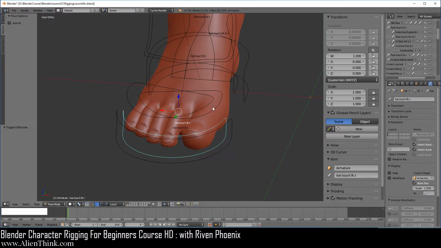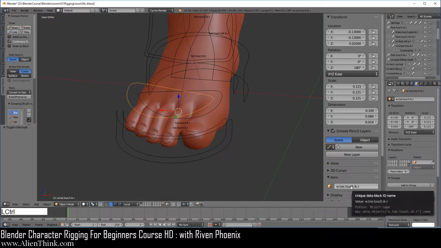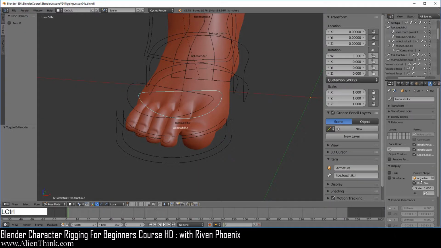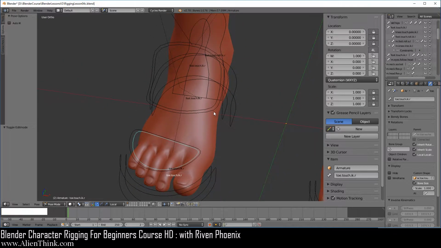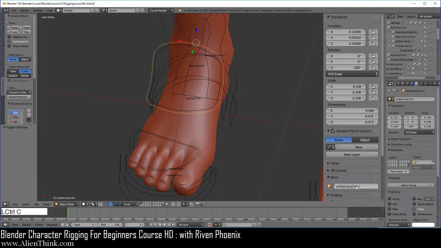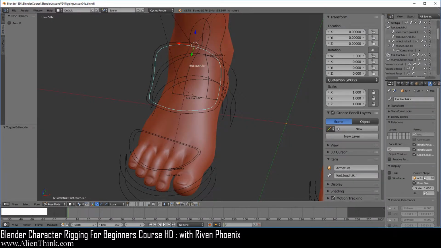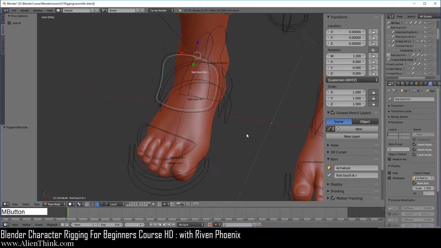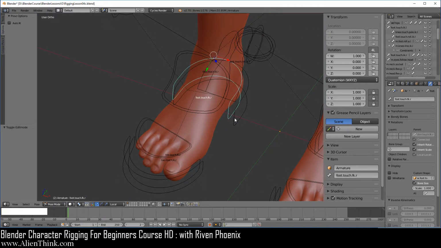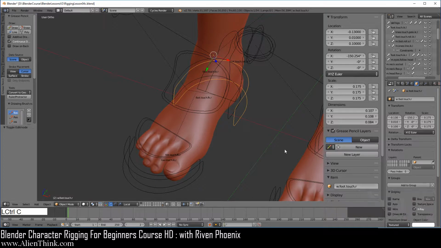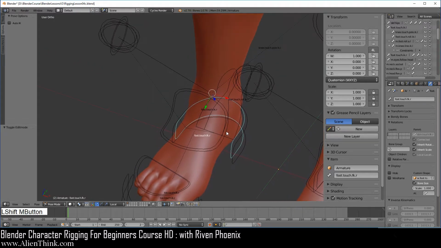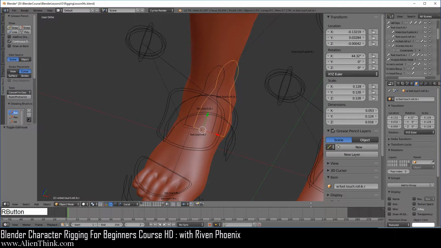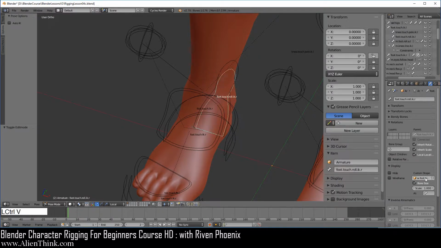Okay, so now go ahead and click on this object, do Control-C, click over here, do Control-V. So you'll see that the bone shapes will start to align themselves correctly. So let's go ahead and do Control-C, click on this, and do Control-V. I'm going to take a look at this one over here. Do Control-C, click over here, do Control-V. Okay, now here we're going to click this, do Control-C, click on this one, do Control-V.